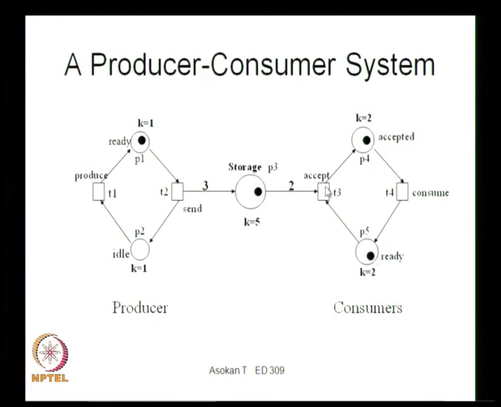And now he cannot accept further, because there is only 1 item, and there should be 2 in order to activate this one. There is only 1 at this place, therefore it cannot be activated. So we need to activate the producer again, so the producer should actually produce it further. So that is why it is already produced, and that should be sent to the storage space.